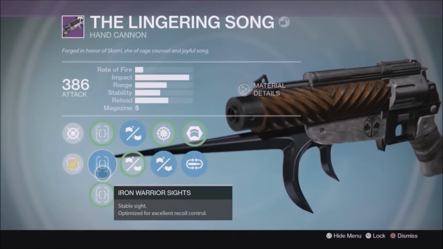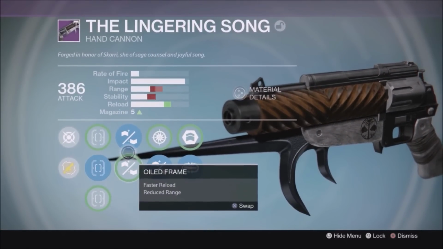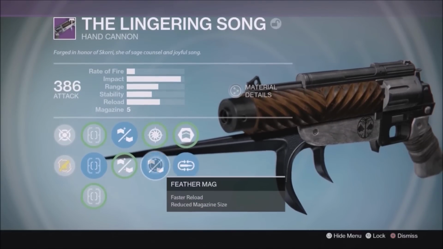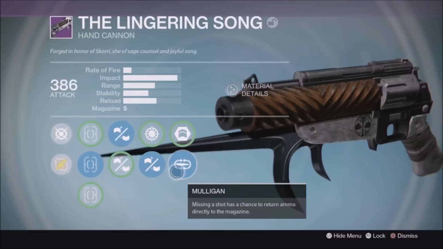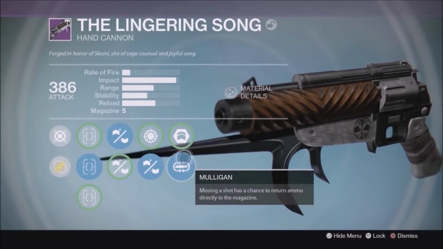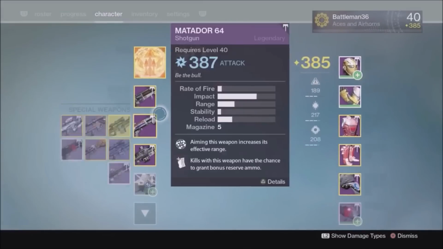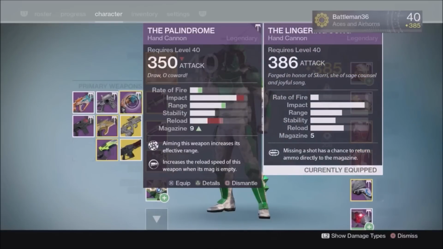All three sights, personal preference, in my opinion. Oiled frame. We also have small bore, snapshot, feather mag, mulligan, and finally we have army of one. The more important perk we're going to be looking at here is mulligan. That is my most influential perk, I think, on this gun, because if you look at the magazine, it only